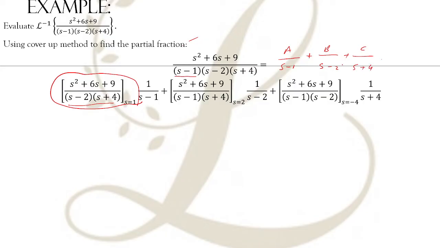So the proper way, the lengthy way is multiplying both sides by s minus 1, s minus 2, s plus 4, and then equating the coefficients on both sides to get the value of a, b, c, etc. लेकिन यहाँ पे अगर हम शॉर्टकट मेथड, जिसको हम कवर अप मेथड कहते हैं, इसको यूज करना चाहें तो इस केस में हम क्या करेंगे,